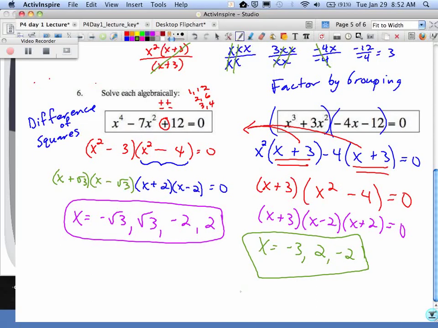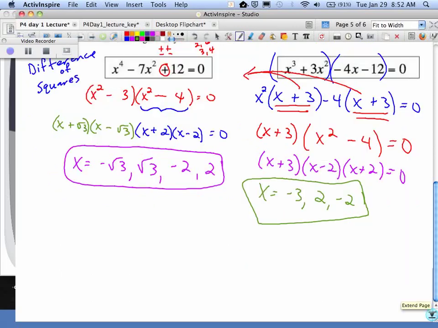Last two. I'm going to pause it for a second to give you some time to work on this quadratic. The thing that makes it more difficult